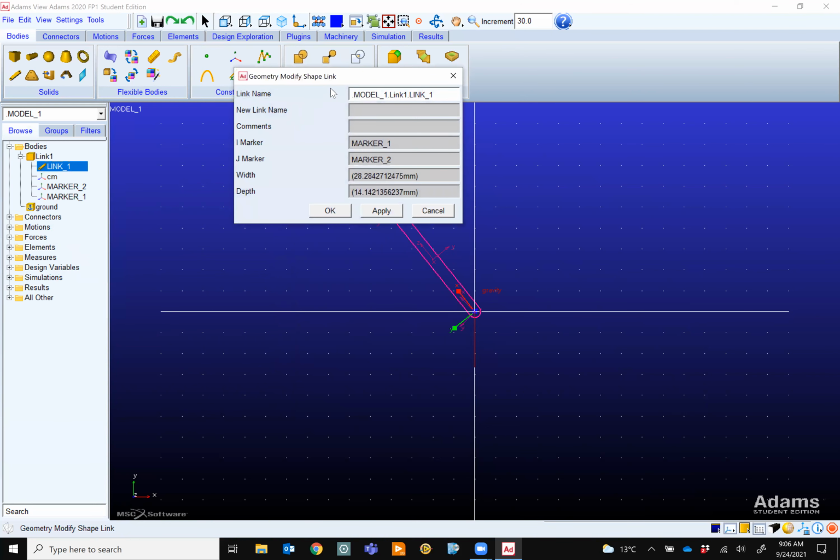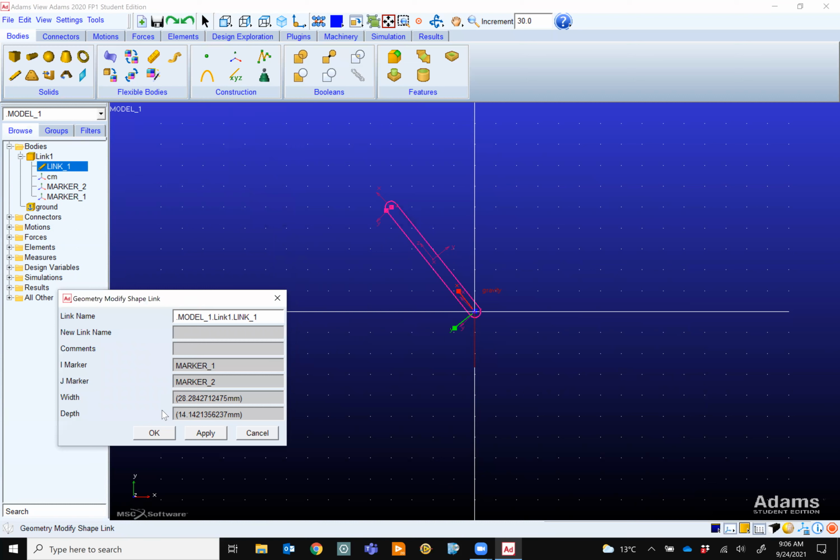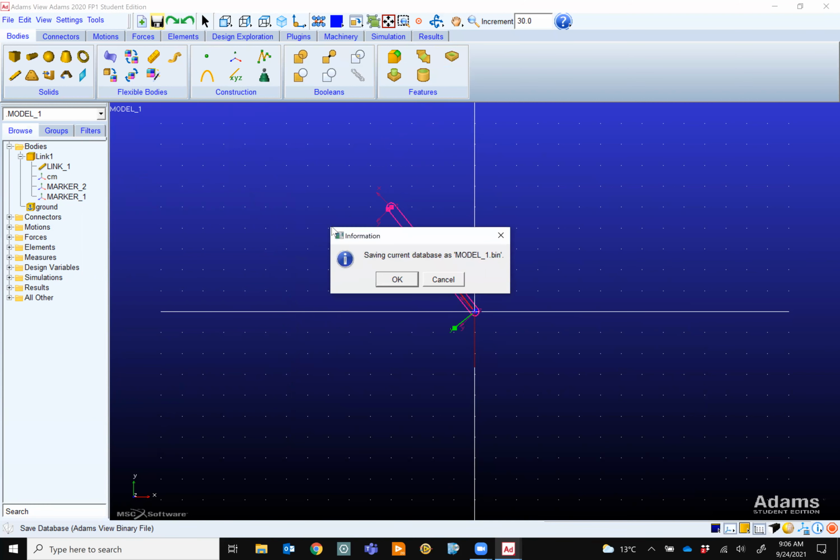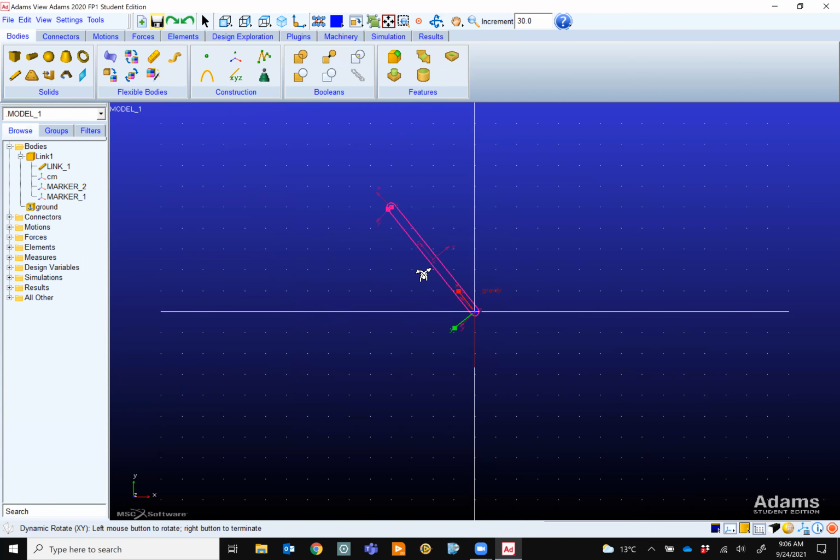You can change the dimension of this link as well. Again, modify. So this link, its width is 28 millimeters. You can make it maybe 20 millimeters. And its depth, going into the screen, let's make it maybe 10 millimeters, or it's up to you. So this is the link. So you have the control. You can change its material. So it calculates for us the IXX, IYY, because in Adams and in all dynamics simulation, we need all these moments of inertia and stuff.